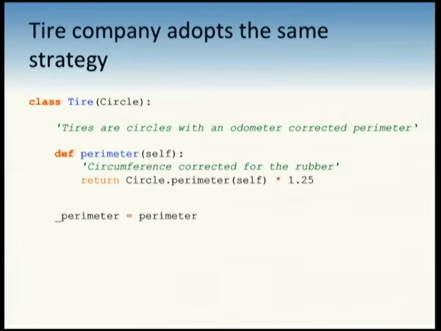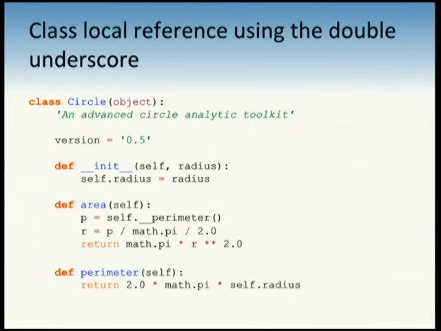Who learned something new? This practice really works. It works so well, we've automated it for you, and it is the double underscores in Python. Where are my double underscores? There's my double perimeter, and my dunder perimeter got chopped off on the bottom of my slide. Apologize for that. But the dunder perimeter will automatically name mangle for you and rename this variable to underscore circle underscore perimeter. Then if the tire people use the double underscores too, they'll get underscore tire underscore perimeter.